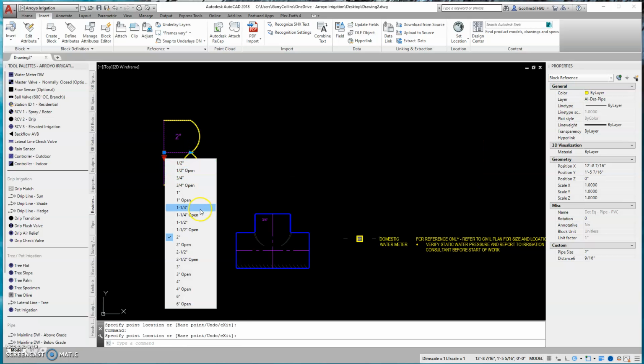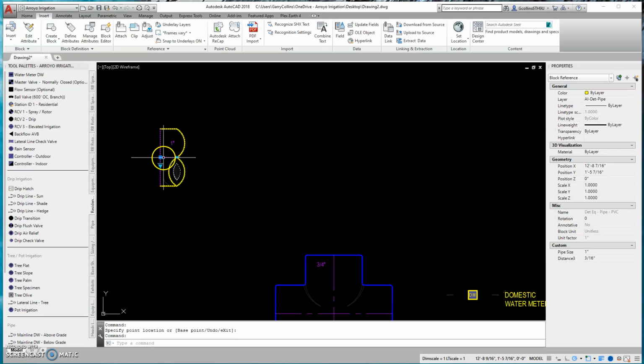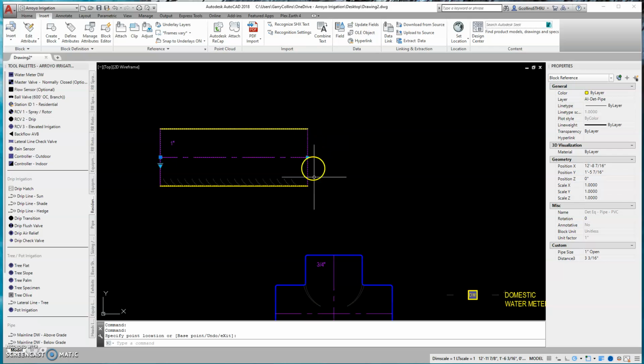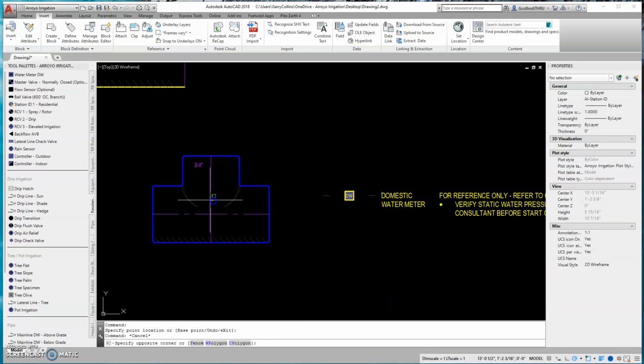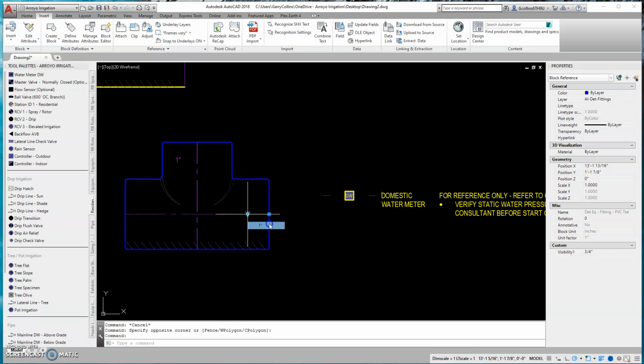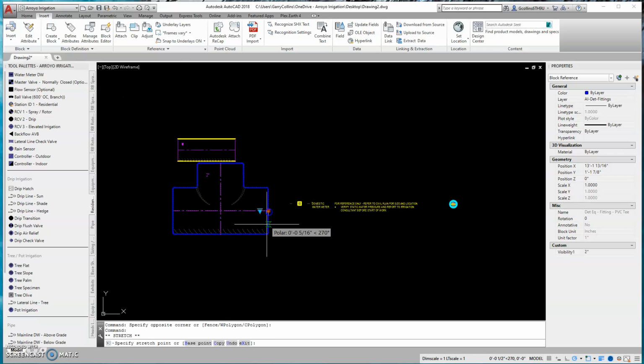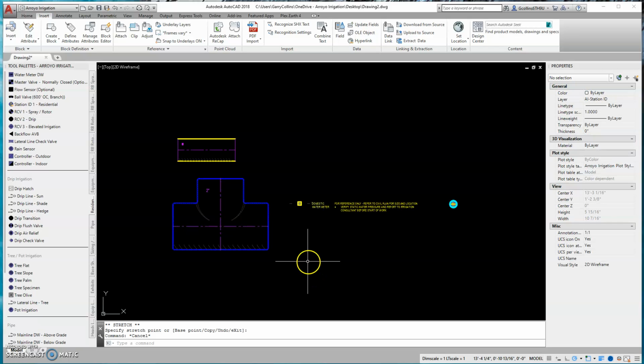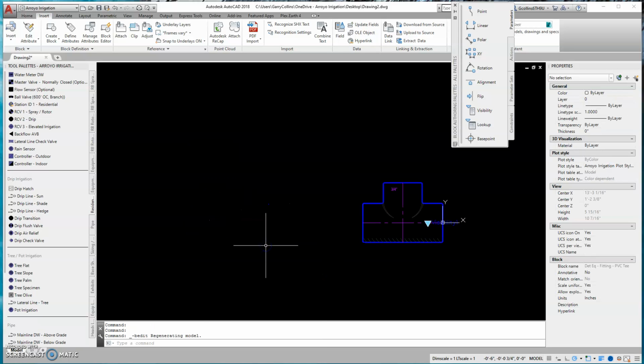And then to top that off, here's the list of sizes. If I want a smaller pipe, maybe I only want a 1-inch pipe, or maybe I want a 1-inch open where it doesn't have the pipe end. So that's pretty advanced. Here, this is less advanced. It's just no stretching or replication. It's just different sizes. So you can see I can choose 2-inch, so it makes it the actual size of a 2-inch fitting. So you can see when we go in here, if I open the block,